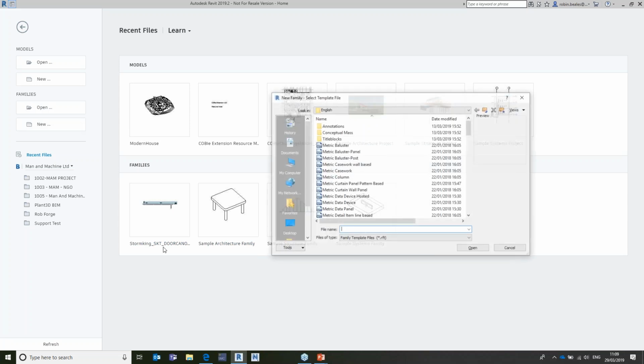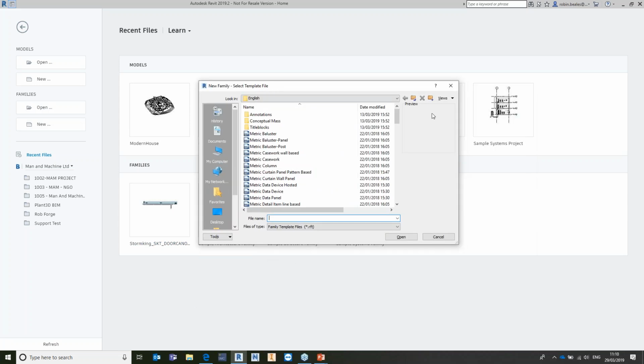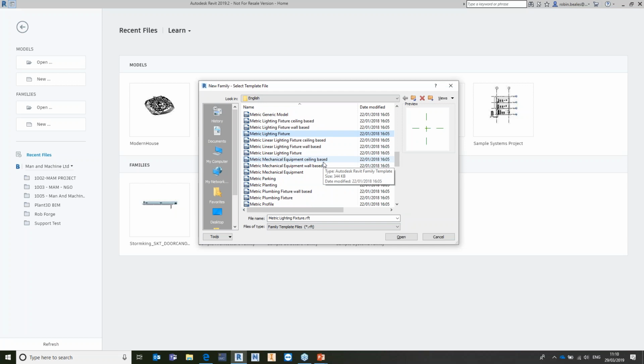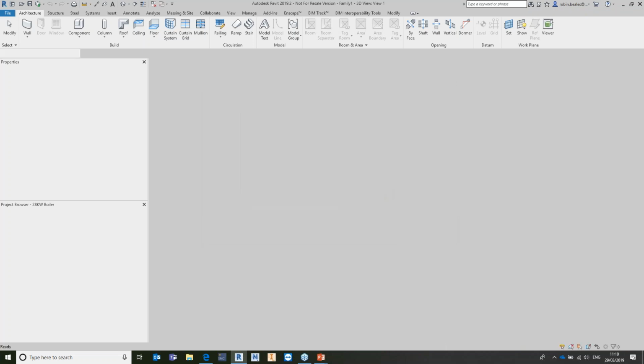So I can say go and create a new family, go and grab a template dependent on what type of component I'm creating. They're all there for us ready to use. If we're creating lights and we're a lighting manufacturer, we've got lighting-based templates to draw ceiling-based, wall-based, or floor-based lighting fixtures. If we're a mechanical equipment designer, for example, an air conditioning unit, we have ceiling-based, wall-based, and floor-based templates to make our life much easier. For the purpose of today, I'm just going to create a generic model,